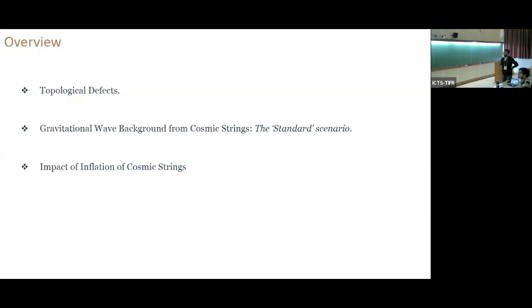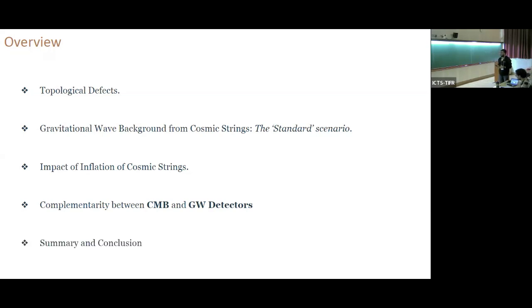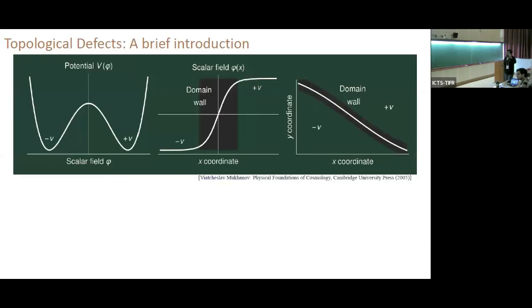I will start by giving you a brief overview of what topological defects are in the context of cosmology. Then I will explain what the gravitational wave background from cosmic strings looks like, and what the standard scenario implies. Followed by that, I will explain the impact of inflation, which is a non-standard scenario, on cosmic strings, and how it subsequently affects the gravitational wave spectra. Then I will discuss the complementary relations between CMB and gravitational wave detectors with the help of cosmic strings, and then I will summarize. So starting off,